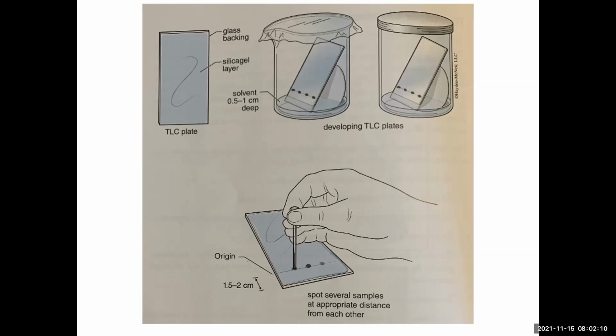Because there's ways to add more if you don't see a spot. So let's say you don't see a spot here, or it's very, very light on one of them. What you can do is go get more of that mixture and spot it right on top of that other spot. Allow the solvent to evaporate. Place more, right? Allow the solvent to evaporate. Place more, and you can do that as many times as you want to get more compound onto the plate. So it's always good to check before you bother developing the plate.